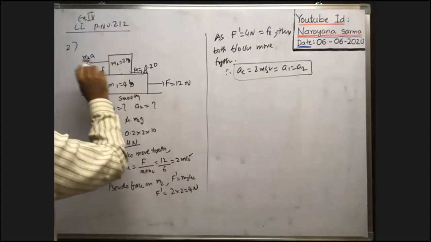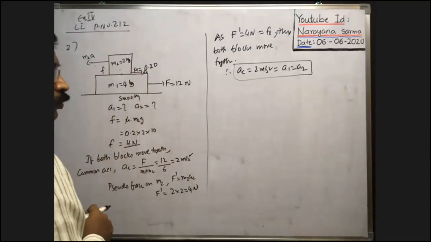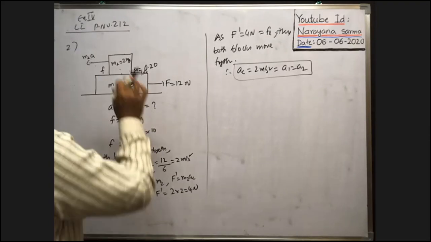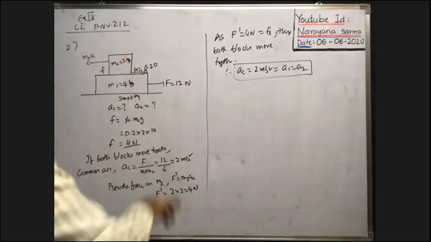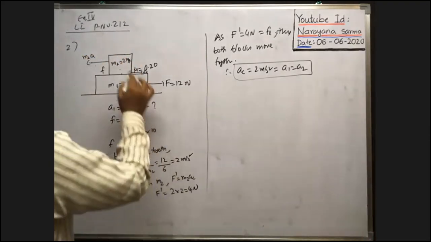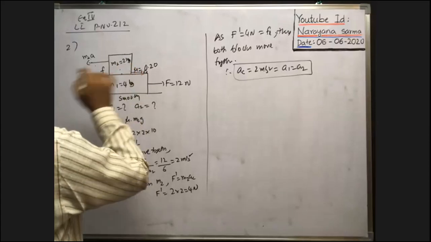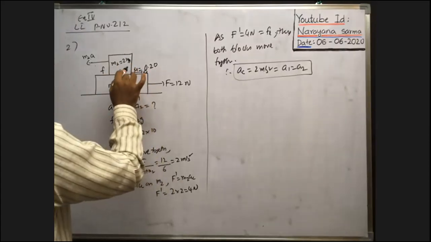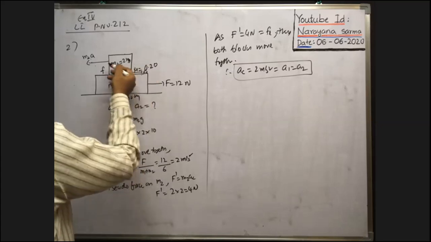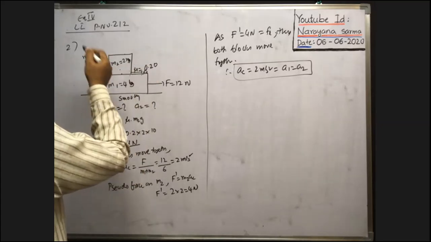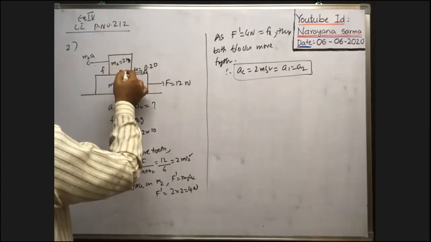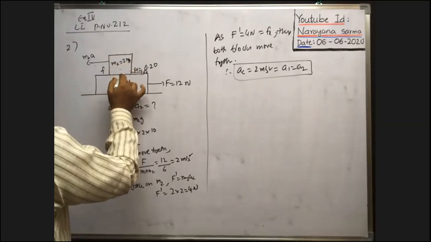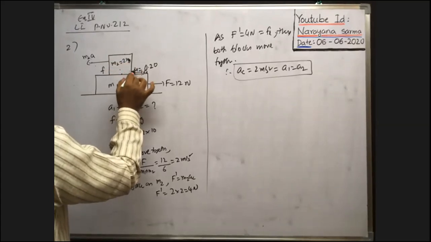Suppose the pseudo force is greater than limiting friction. In such a case, both blocks travel separately. So in such a case, what is the acceleration of this one? Here, FA acts in this direction, M2A acts in this direction. Even then, as these two blocks move separately, what is the acceleration of this block? Kinetic friction minus M2A is equal to the net force acting on this block, that is equal to M2A2.